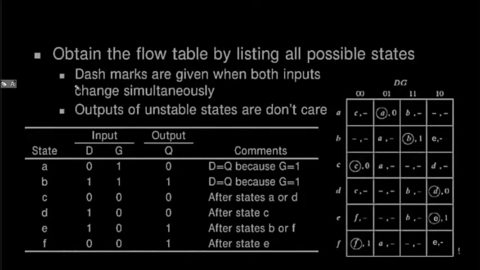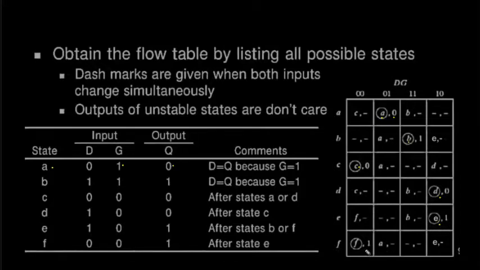The next step is to form the primitive flow table. So here the inputs will be the columns and states will be the rows. First, I fill the stable states. State A has inputs 0, 1 and output 0. For current state A and input 0, 1, it will be a stable state A with output 0. Similarly, I fill all these stable states.